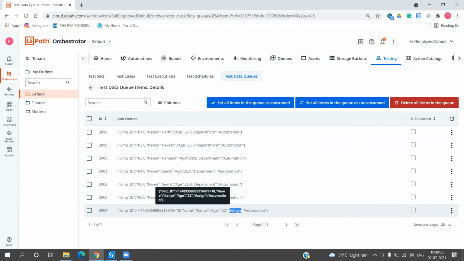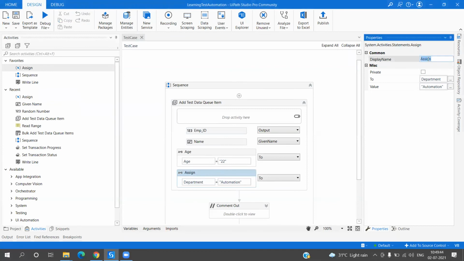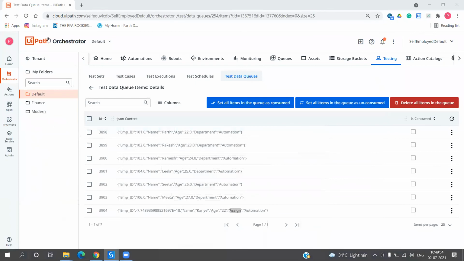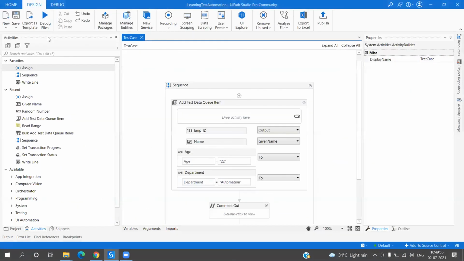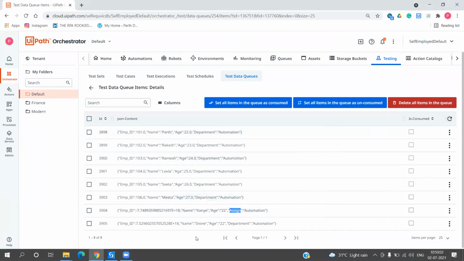Instead of department, it came out as assigned because it takes this particular display name as the JSON header name over there. So here you need to keep it as department. And now when we run it, we should see the right data available over there. Okay, it is executed. And yes, employee ID, name, age, and department.